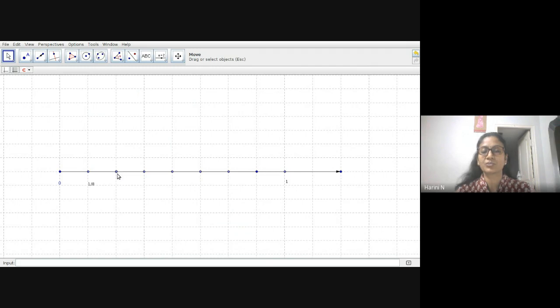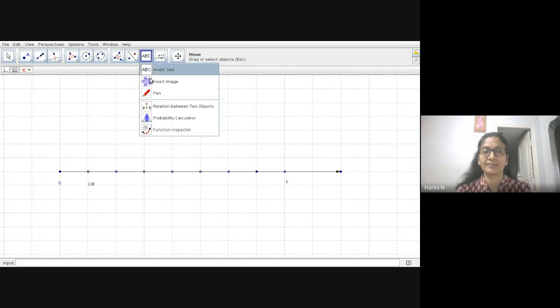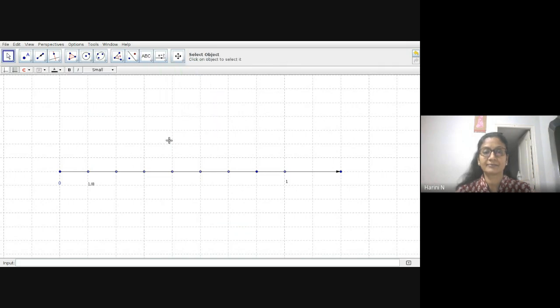Can you tell what this would be? This would be 2 by 8, 2 out of the 8 parts that you have made. Like this, you can keep on marking 3 by 8, 4 by 8, 5 by 8, 6 by 8, 7 by 8. This will become 8 by 8, which is nothing but 1.